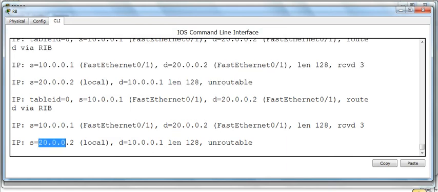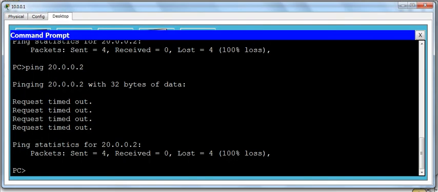But the reply packet's source will be 20.2, the router's address, and the destination will become the source address. But it says, I'm sorry, I'm unroutable. I couldn't route the packet back. So the packet comes here, but the return packet is not going because there is no route. That is the reason why I'm getting request timed out.